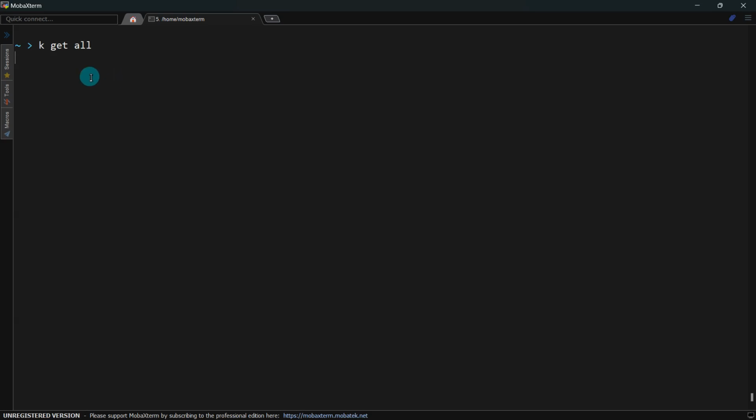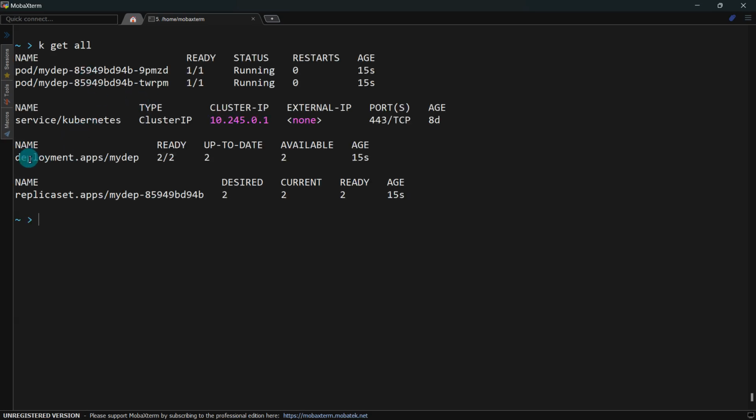Let's check the output again. So over here you can see a deployment got created. Internally, the deployment will create a replica set, and within that replica set, a pod will get created. Now if I keep the deployment name the same, okay,